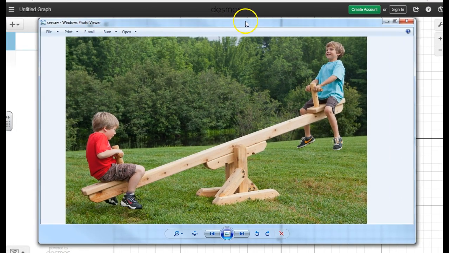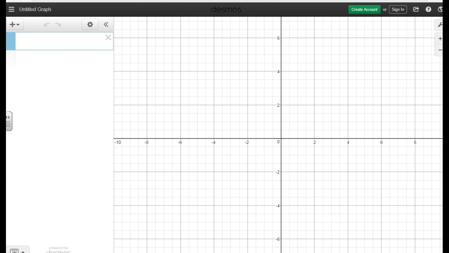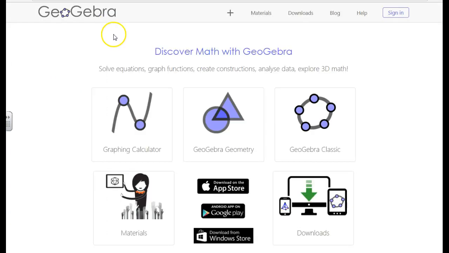I have a picture of a couple kids on a seesaw, and I'm going to use the top of the seesaw as my linear function. Alright, so what you need to do, we're going to start off in GeoGebra. So this is again geogebra.org. I'm going to go to GeoGebra Classic,